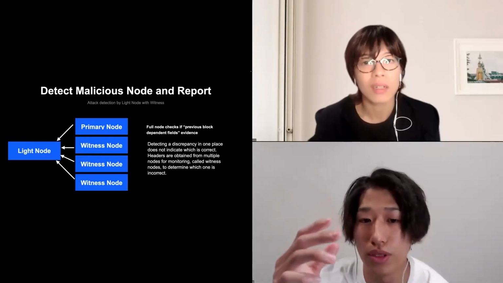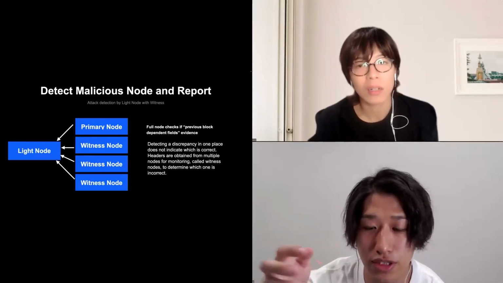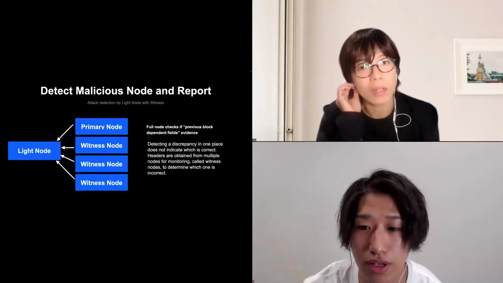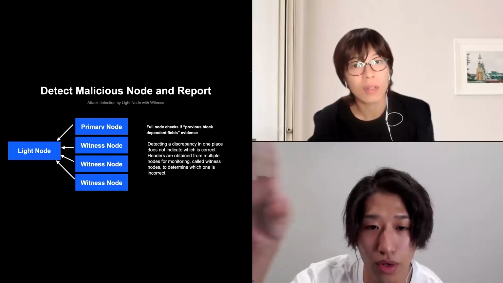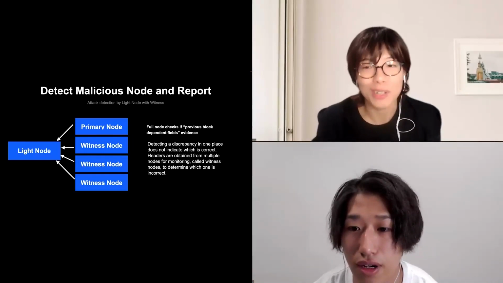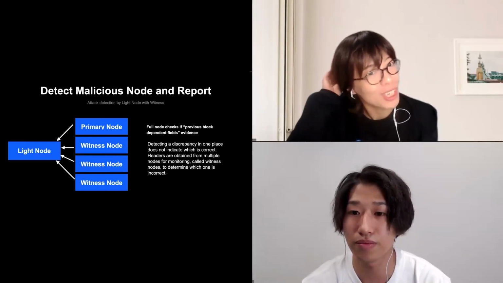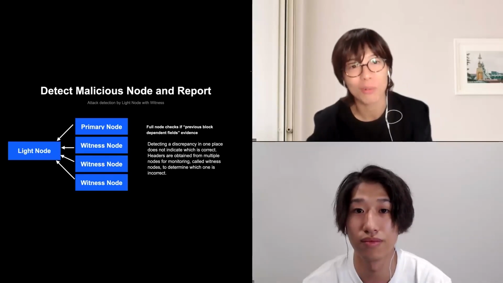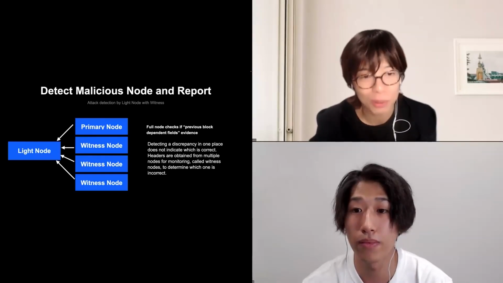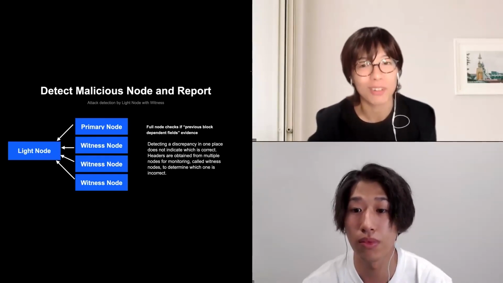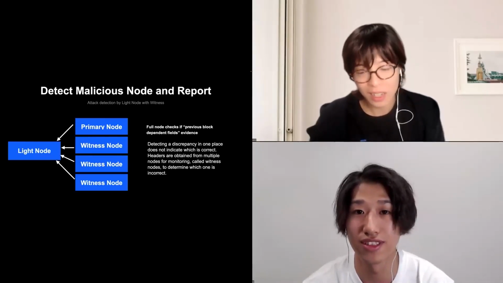Oh, I see. So you have one primary node and four witness nodes, and then the Byzantine nodes would be 1/3. That's not the case. Ideally, we should have as many nodes as possible to watch out for the primary nodes, though that might be less accurate. For the number of participants, you can specify the number of witness nodes. Calculation speed will be another factor to consider too, so it's up to how you use the system. Okay, thank you very much.